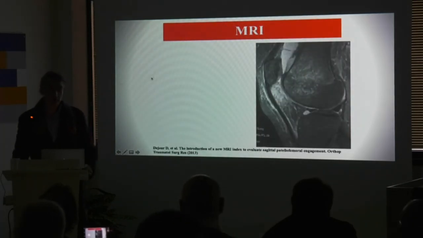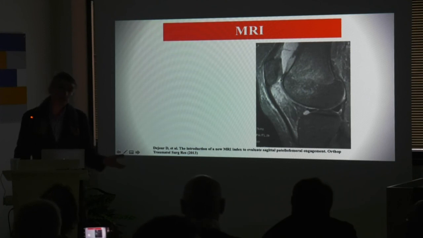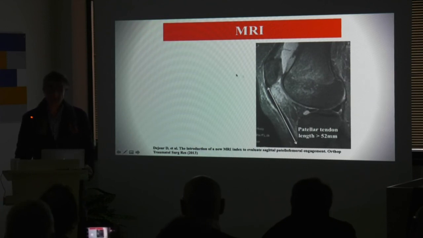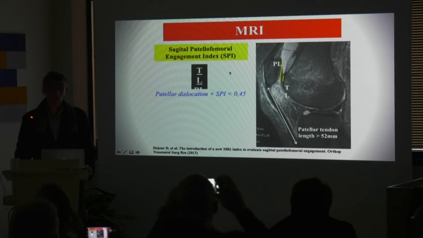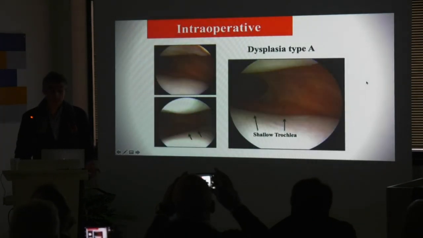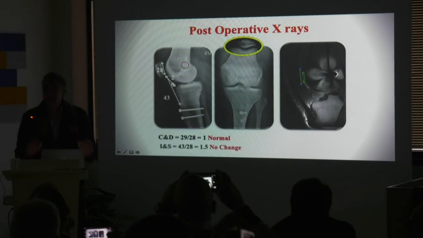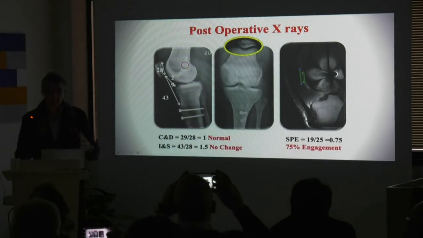Look at the MRI and look at that. She has no sagittal engagement. So if you look only at x-rays, if you look at the CT scan, you say, well, what can I do? If you look at the MRI, you will see that definitely something is abnormal, and that explains why she has a patellar dislocation. So what to do with this patient? You see the shallow trochlea. It would definitely be to do a mild distalization, 5 millimeters, to correct